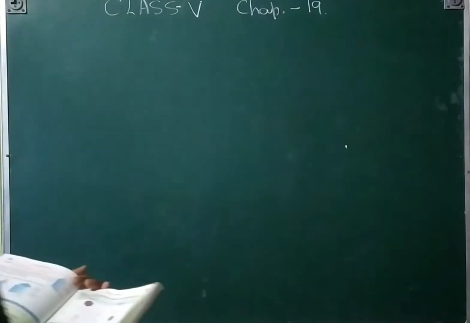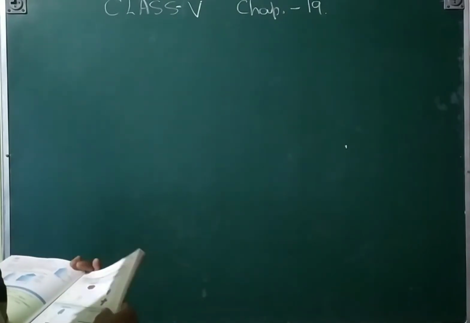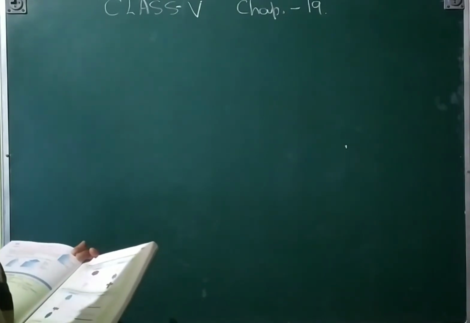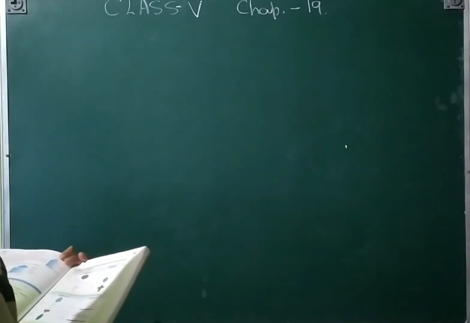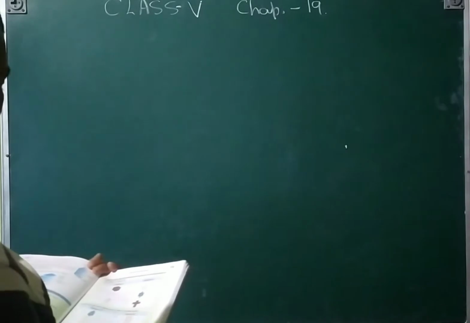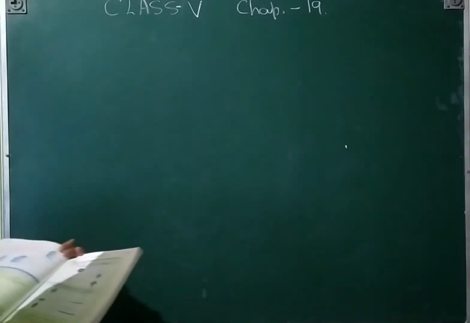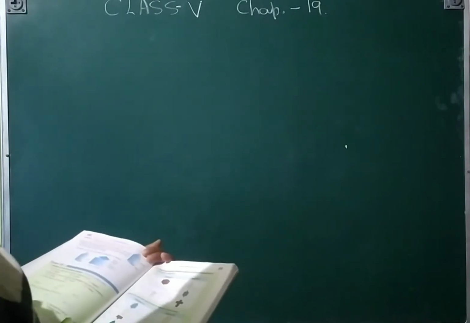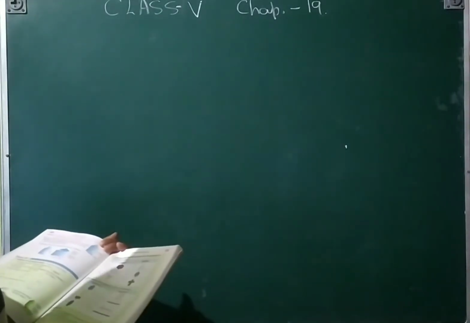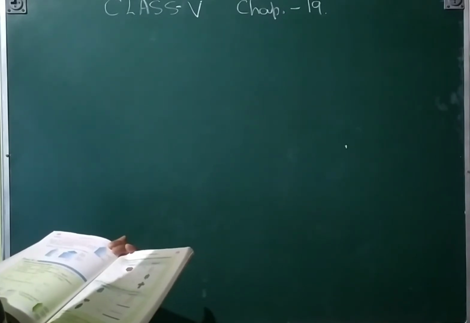Chapter 19, perspective of viewing solid objects. Solid objects are things you have seen in your kitchen, house, and other places, like a matchbox. That is also a solid object. Now, exercise 19.1, the only exercise here, is a multiple choice question set, MCQ.